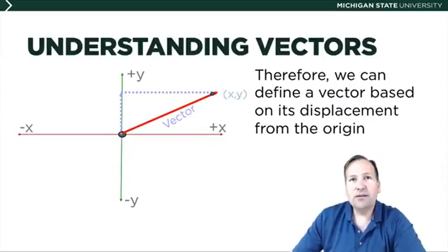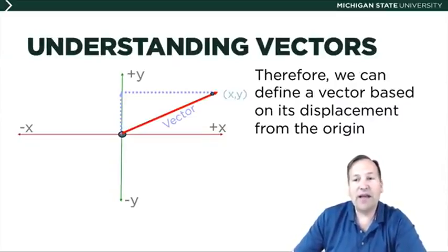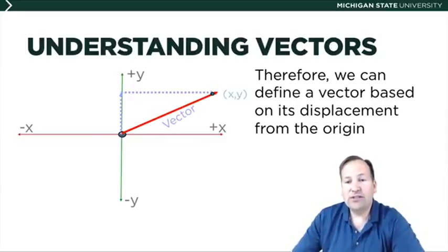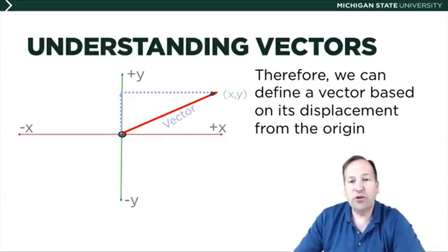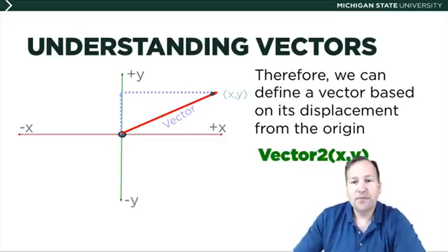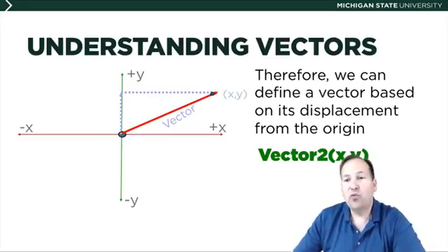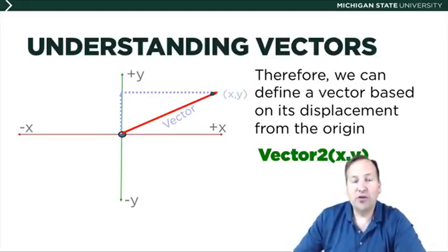So, really it's about the direction that the arrow is going in and the magnitude. So we can define a vector based on a displacement from the origin. It's the same thing as a displacement anywhere else in the coordinate system. So in that sense, we could simplify: rather than talking about two locations, we could just simply talk about a vector, x and y. So we've got a location, which would just be x and y, and then we have a vector